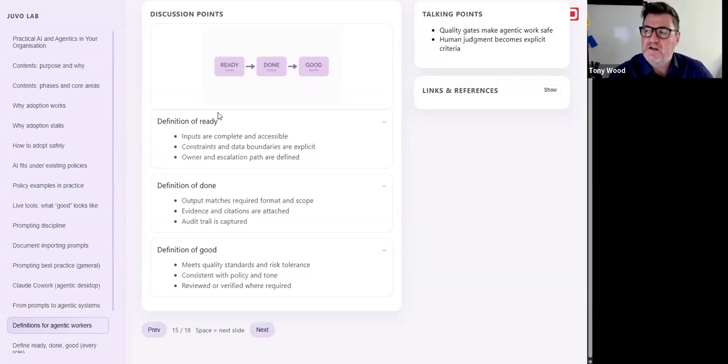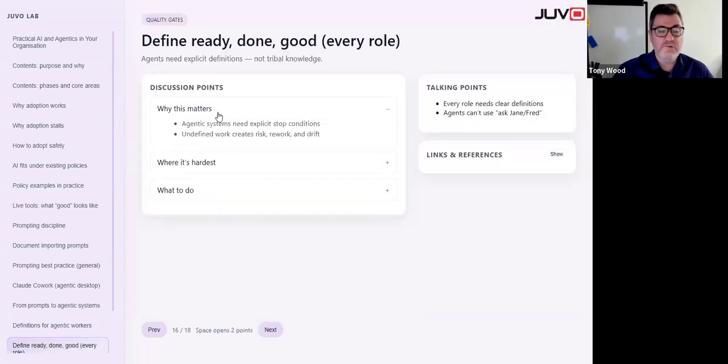And again, a lot of the time, developers and engineers have done this for a long time. They've always had the definition of what good looks like. But when we're working, sometimes we don't know what good looks like because it can take maybe 3 to 6 months. You put in a marketing campaign, you don't hear anything for maybe 3 to 6 months. So again, it's starting for us to sit there and go, okay, what does good look like? How can we start defining that for our agentics? Because sometimes we may not know it ourselves. Start writing it down.